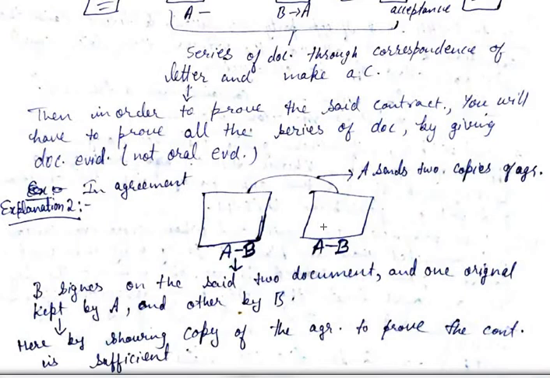But मान लो A चाहता है कि fresh tenancy to be signed by tenant T, so fresh rent agreement should be signed between the A and T. अब A ने two copies बनाई, मान लो स्टैम्प पेपर भी दो ले लिए 100 रुपए के अलग, और both the copies में A ने साइन कर दिया और दोनों कॉपीज T को दे दिया, T ने दोनों कॉपीज पर साइन कर दी।